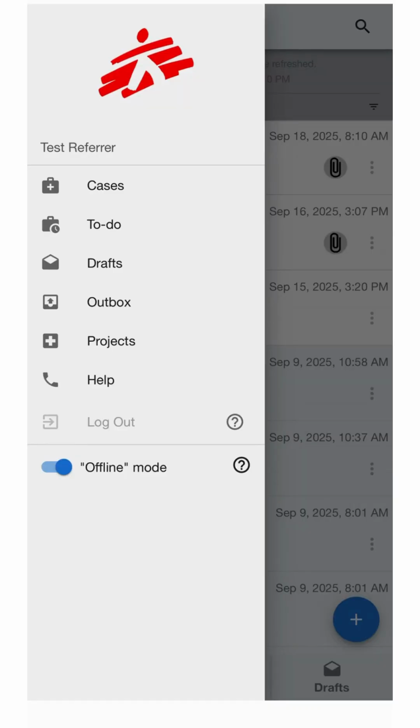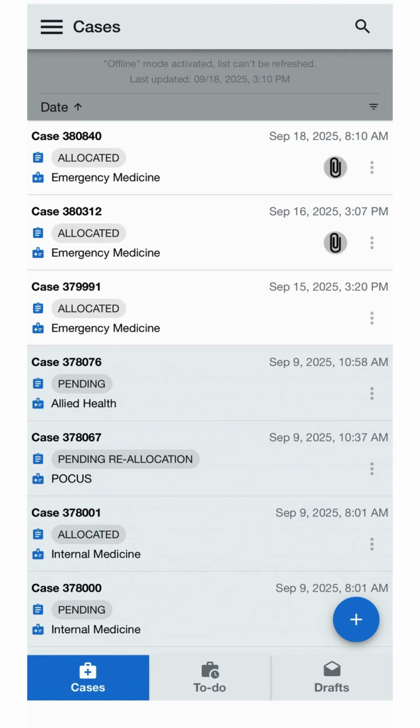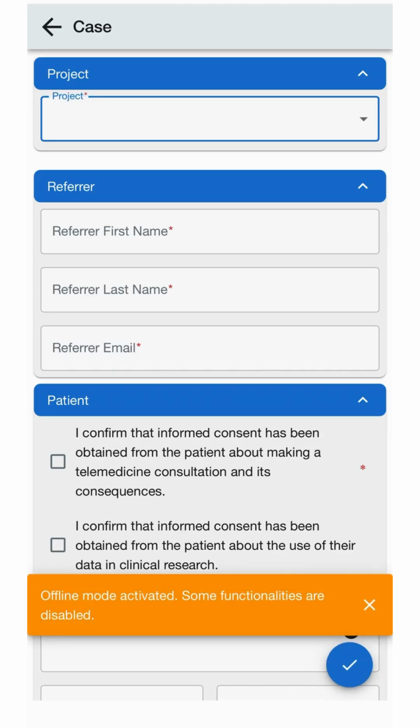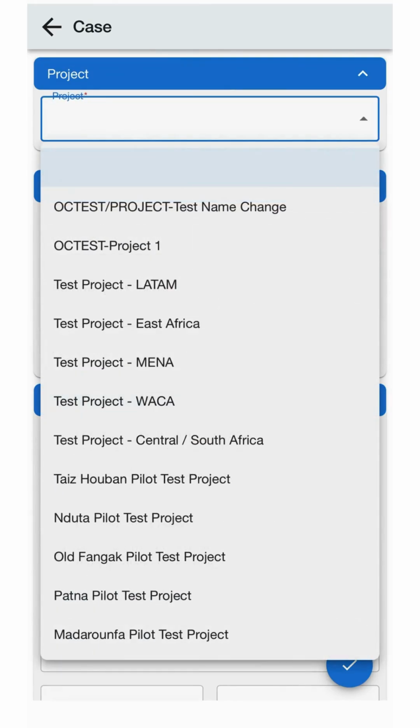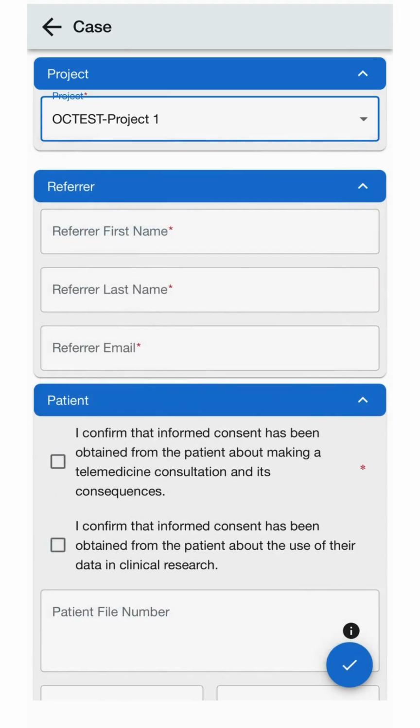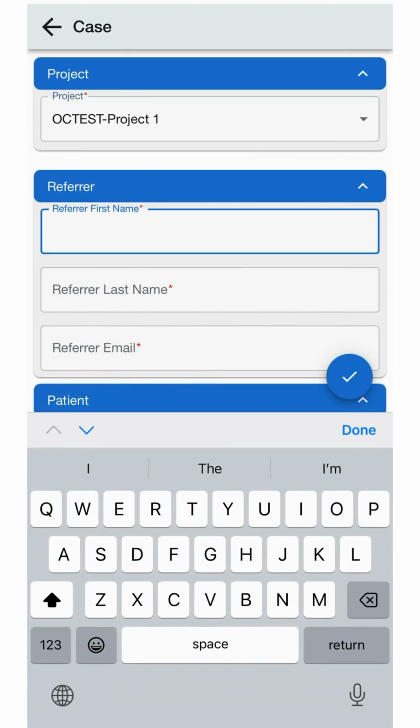To create a case in offline mode, it's basically the same as online mode. Make sure that you are in offline mode. Return to your main page, tap on the plus, and you will again get a warning that you are in offline mode. You can then select your project if necessary, fill in the required fields,